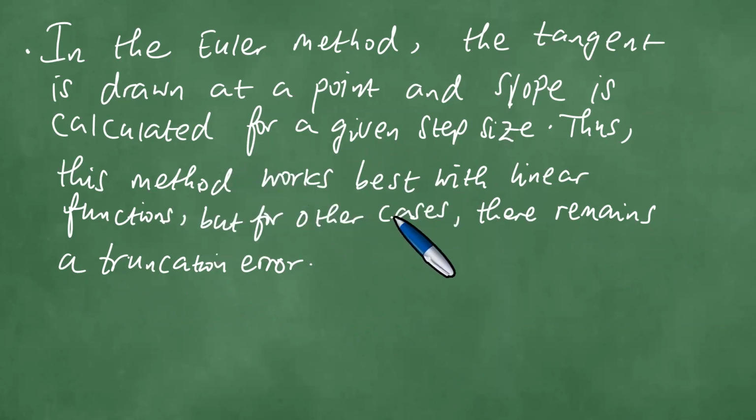Thus, this method works best, obviously, with linear functions. But for other cases, there remains what you call a truncation error. Now, the truncation error that is experienced is therefore now to solve this problem,